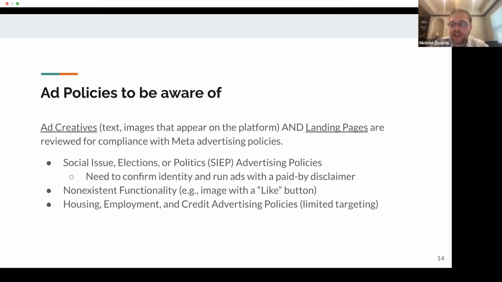The image suggests that a person would be able to click on the like button and something would happen, but in fact, clicking on the button would take the person to the researcher's site. Facebook will take down ads like this because they promote a bad user experience. Basically, they give the user the suggestion that there's a functionality on the page, and then the user clicks on it and ends up on a different website. That's something where I've seen people get into trouble.